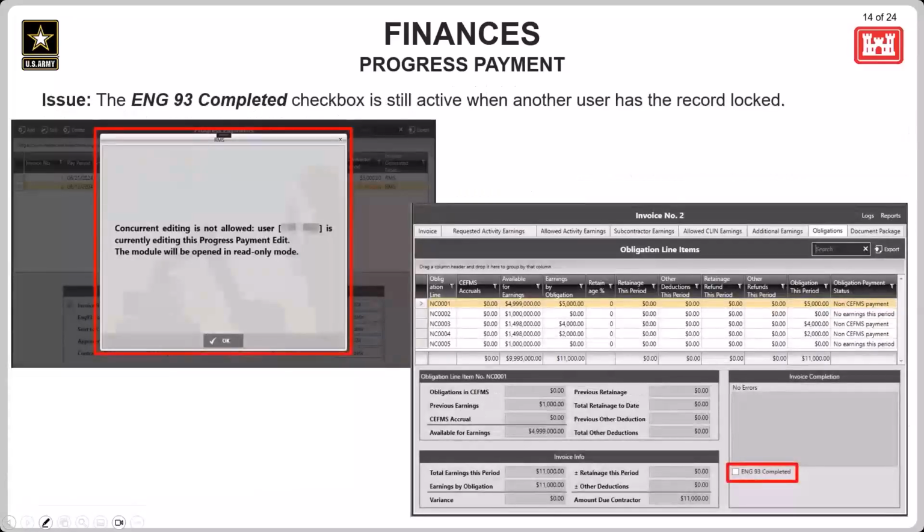Next up, this has to do with the concurrent editing on progress payments. So while viewing progress payments, if a user enters a payment while it's being edited by another user, as indicated by this pop-up shown here,